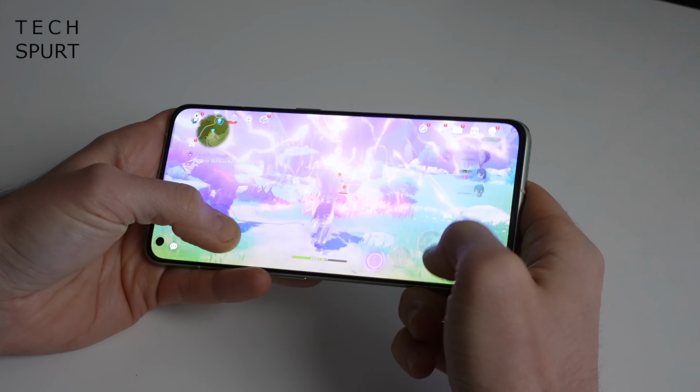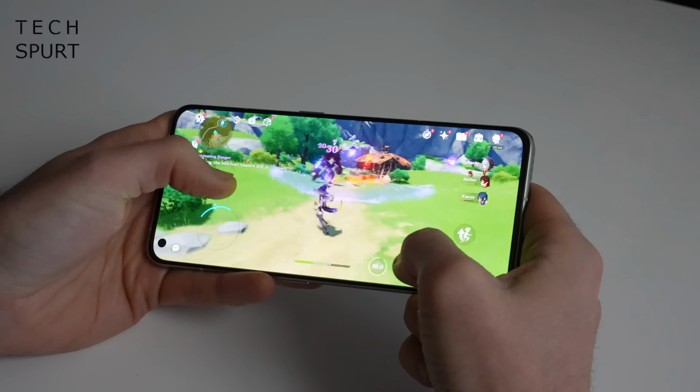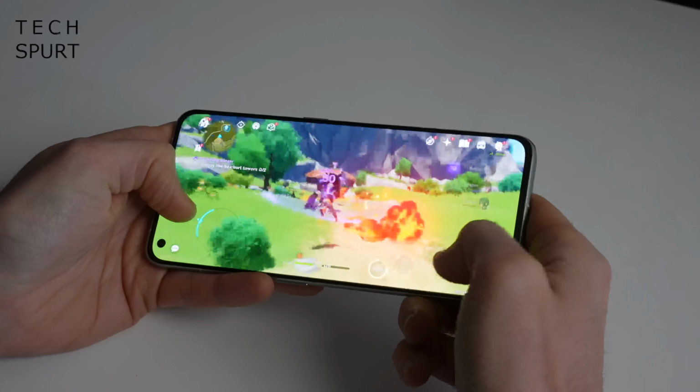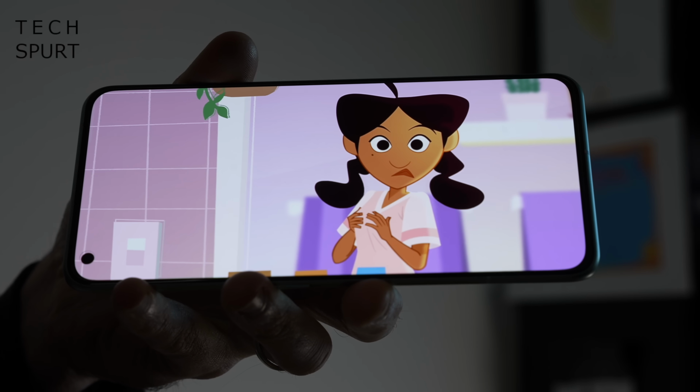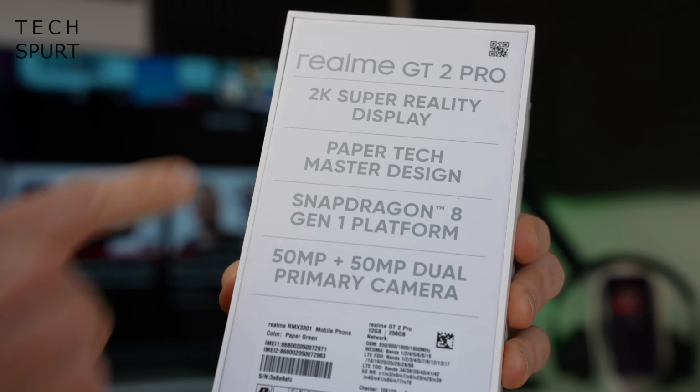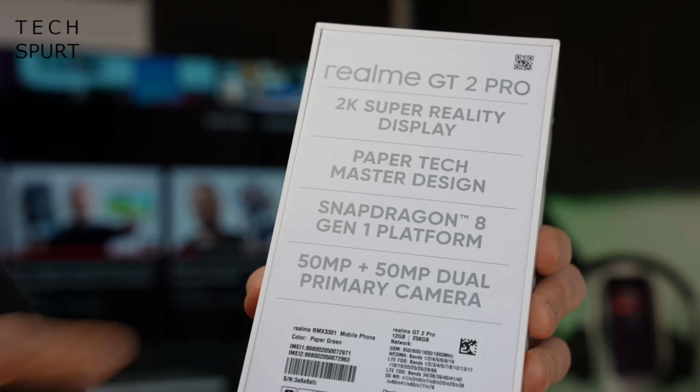Packed inside of this thing is that big Snapdragon 8 Gen 1 chipset. You've got a 2K Super Reality display, 50 megapixel dual primary camera, basically all the shiz that it lists right here on the back of the box. But enough chatter, let's whip the Realme GT2 Pro out of the box, take you on a full-on tour of